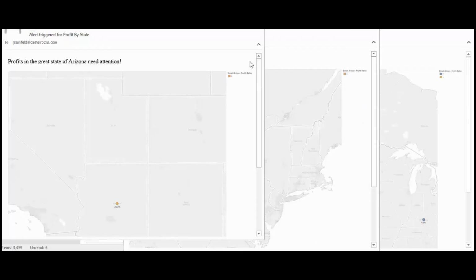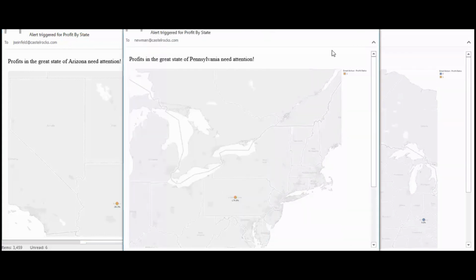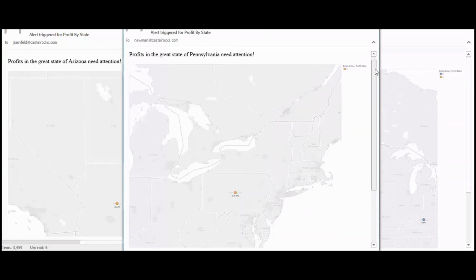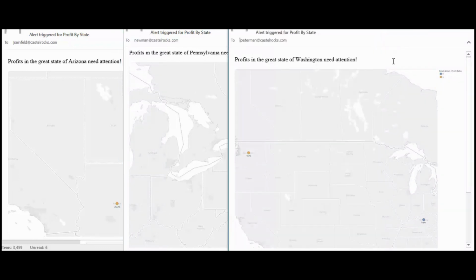So let's take a look and see what emails are generated now. We've got one going to Jay Seinfeld saying profits in the great state of Arizona need attention. And we only see that mark on here because that's the only state that had sales in the previous week that were owned by Jerry. The next one going to Newman has Pennsylvania only, and there's Pennsylvania. And the last one that went to J. Peterman